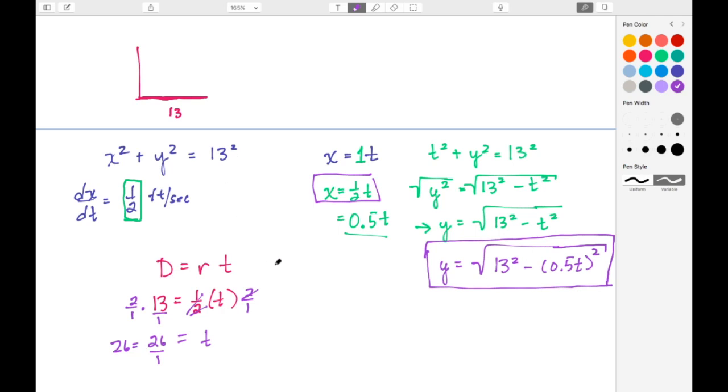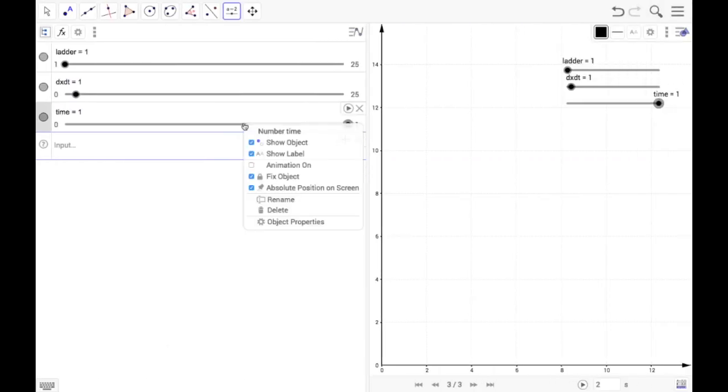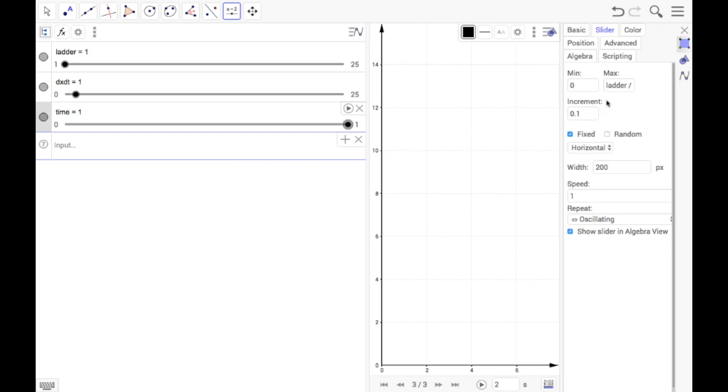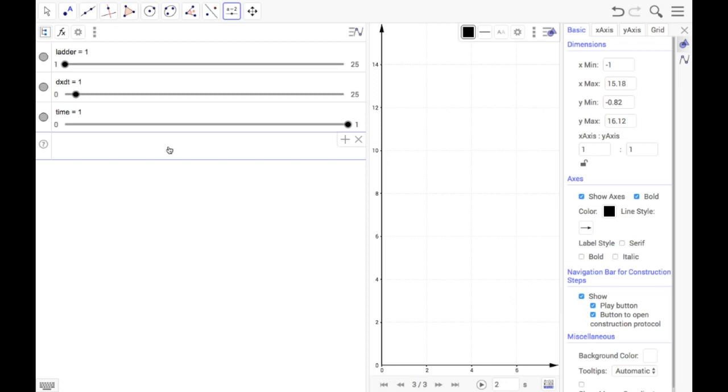So here, by using that equation where I'm taking the length of the ladder, which I said was 13, and then dividing it by the rate, I figure out how much time it takes for that ladder to lay flat. And that's what we did. Let's go back here. And that's what we did with the max here. The length of the ladder divided by the rate at which the bottom foot of the ladder is sliding is going to tell us how much time it takes for it to lay flat. All right, now what we're going to do is model the ground.